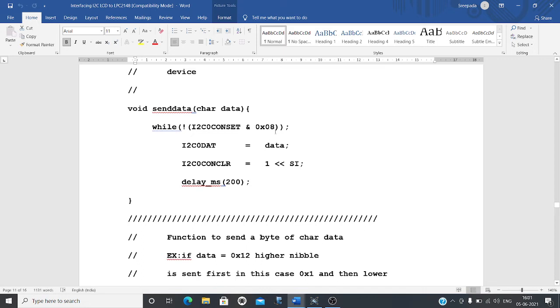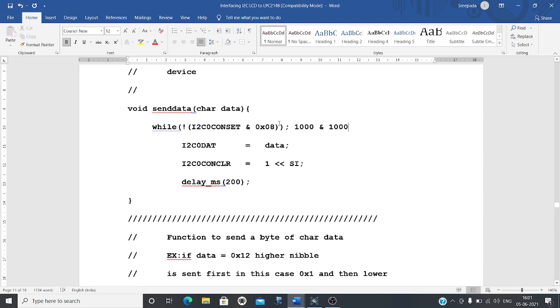What we are doing here is an AND operation between the CONSET register and 8. 8 means 1000. I'll show you. We are doing an AND operation with 1000. So this 8 is nothing but this bit. Clear?